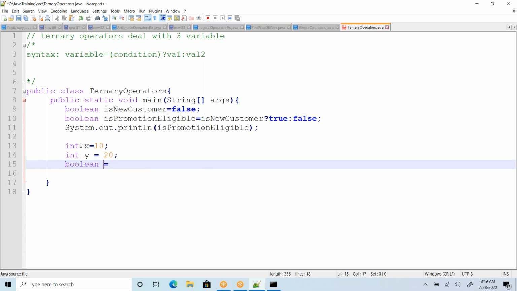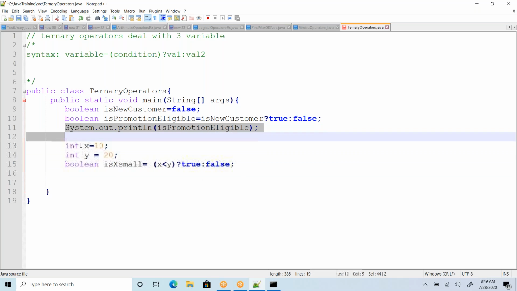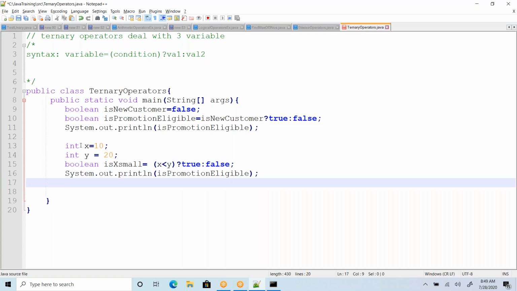My variable is x small. I wanted to say, is x small or not. So if x is less than y, then x is small, right? Then I'll say true, x is small, otherwise I'll say it is not. That's how I can simply evaluate.